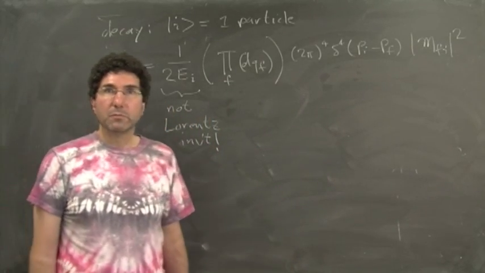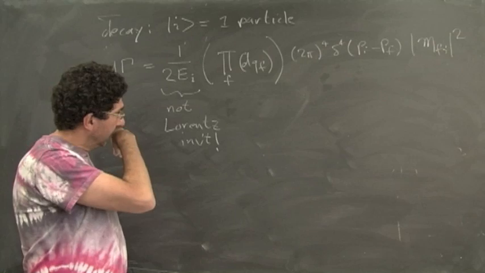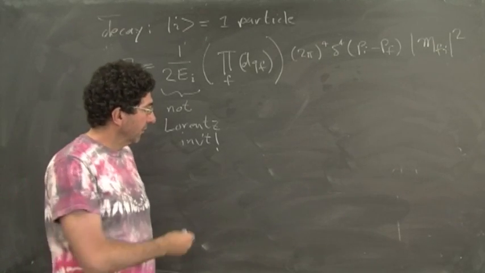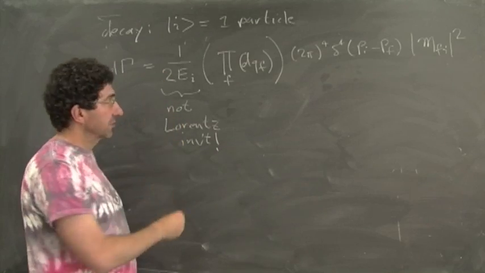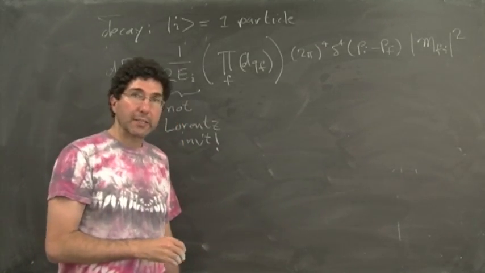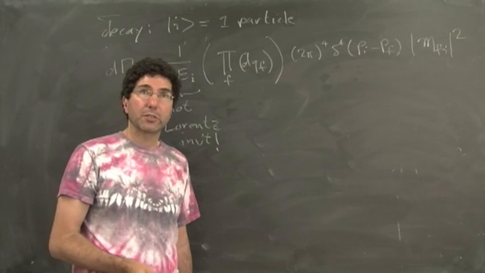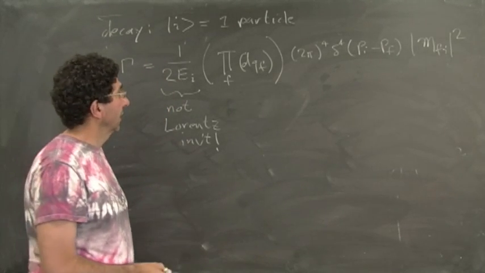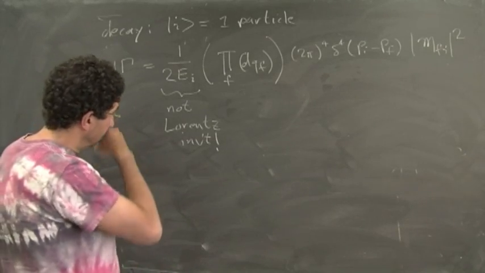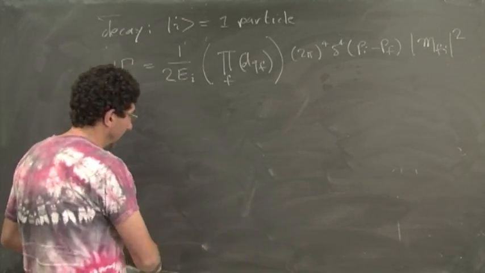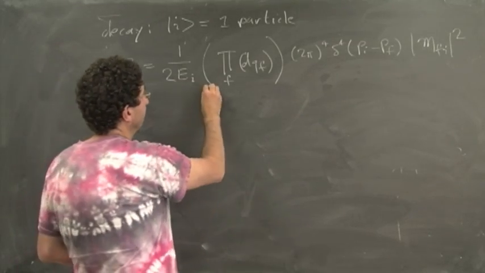You may be thinking that we're cheating by just looking at decays, because for scattering, if we have two particles in the initial state, the volumes don't cancel. We'll look at that case next lecture. Of course, that case works as well. But now let's consolidate things a little bit. This factor right here